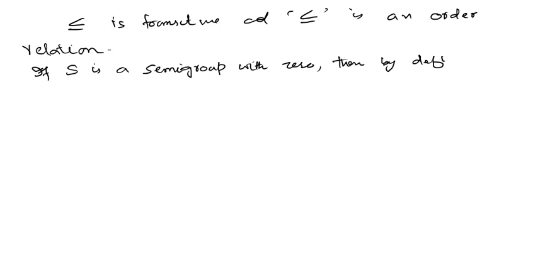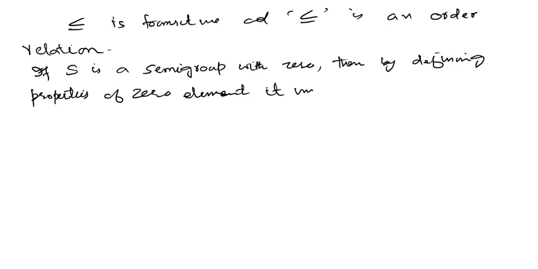By defining properties of 0, जो इसकी definition है 0 के element की, defining properties of zero element, it immediately follows that you can also verify it, okay, it immediately follows that